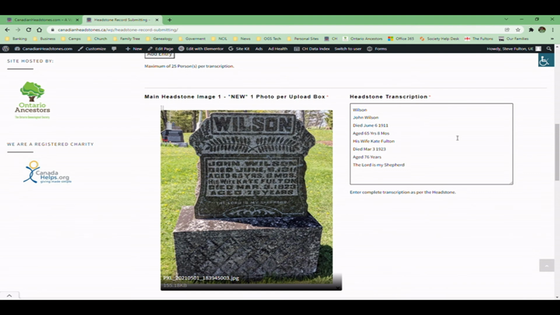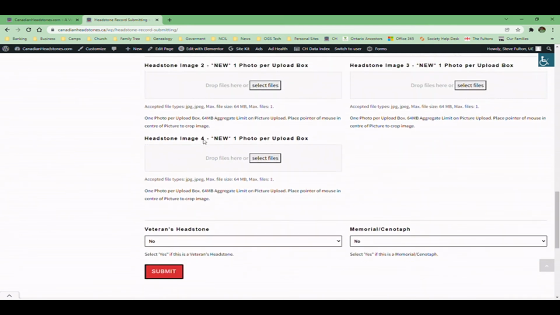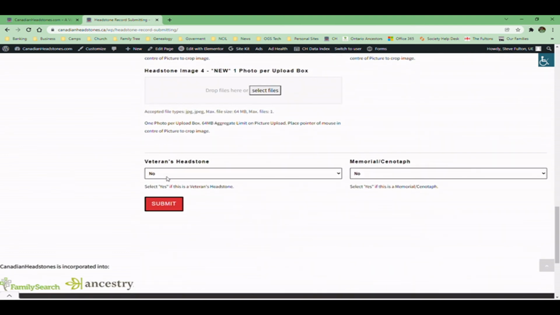We have the photo, we have the headstone transcription. Down below you will find a spot for headstone image 2, 3 and 4. That is simply there so if you have a 4-sided headstone with information on all 4 sides. Anything beyond that, you can always reach out and ask questions, and we'll get back to you. The final couple questions: is this a veteran headstone? Simple, yes or no. And is this a memorial or cenotaph? Again, yes or no. We click submit,